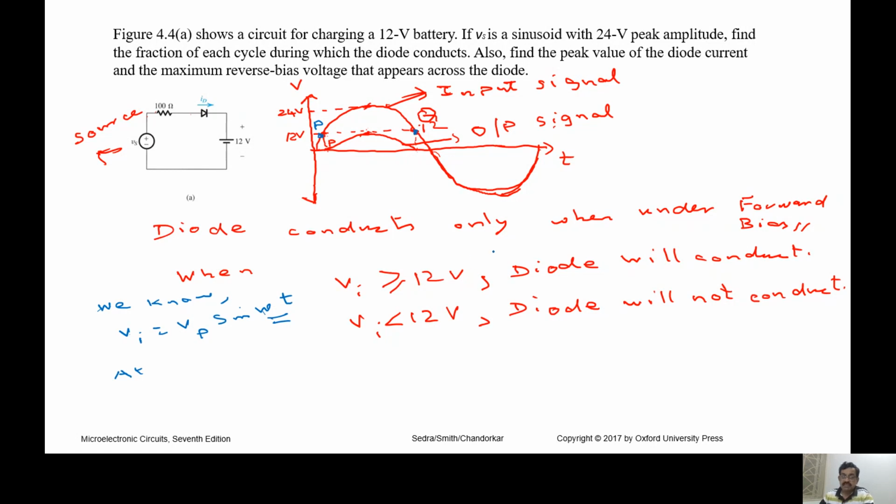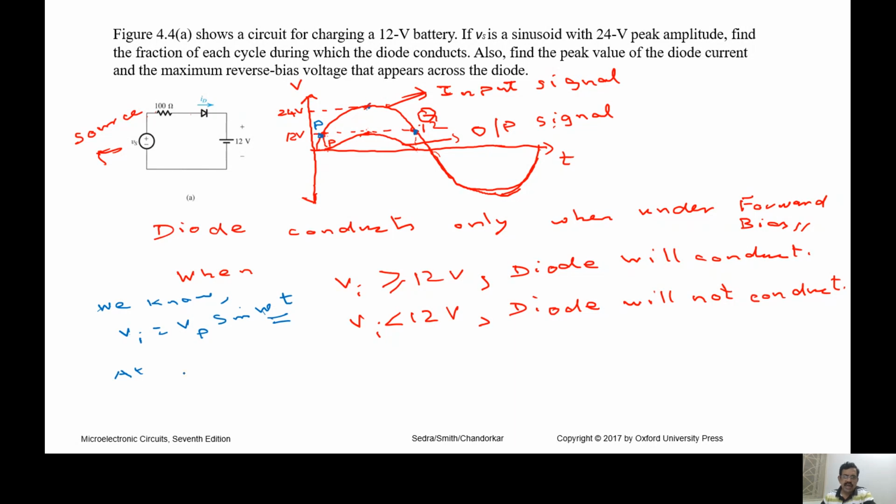But if you look at this phase factor, let us think like this. Let us look at this voltage, for example. What is this VP value? 24 volt, right? This is 24 volt. So I want to find the point P with respect to this 24 volt. This point P is 12 volt. So how is this 12 volt related to the peak voltage?